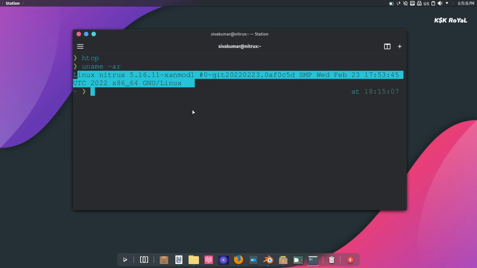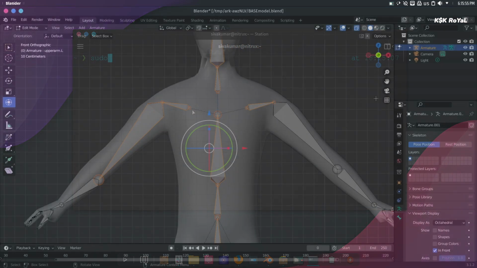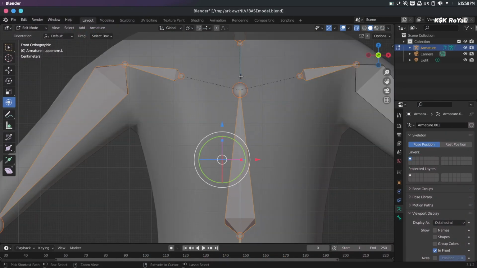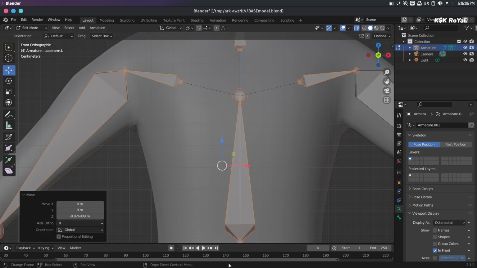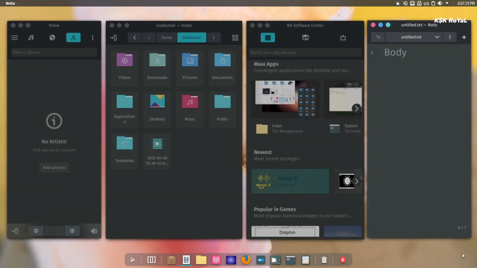Now lastly, I have noticed a bit of lag or frame drops and sudden hiccups. This is very rare and most of the time the system is responsive, but sometimes it goes to freeze mode, which is kinda annoying, and you need to force reboot the system to bring it back to the normal state.